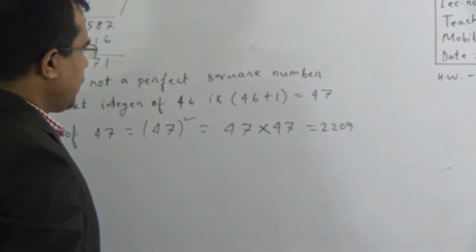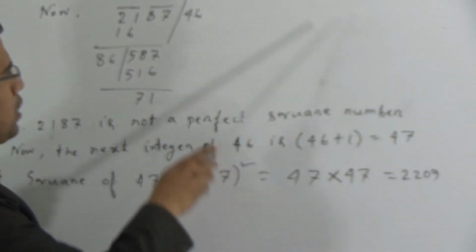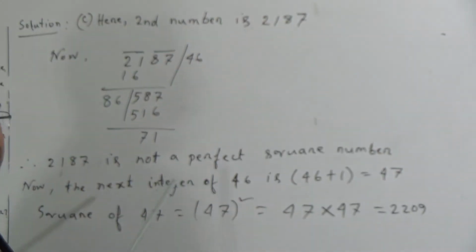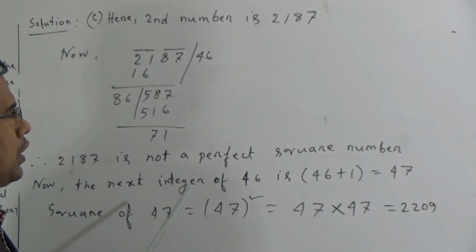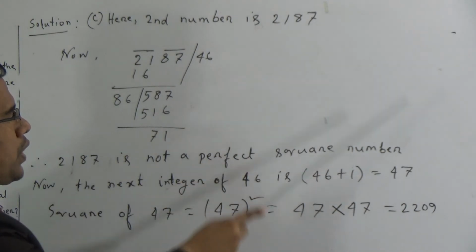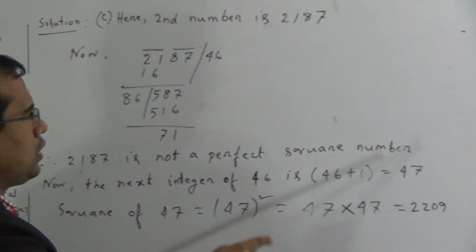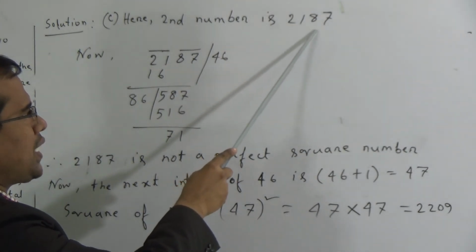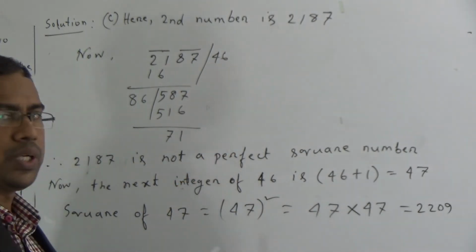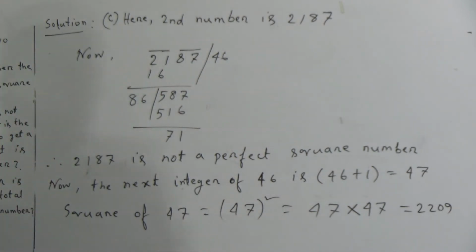Okay, here 2209 is the perfect square number, but 2187 is not a perfect square number. Now the question is, which number is to be added to the number so that this number is converted into 2209. If we subtract 2187 from 2209, then we can get the required smallest number. Therefore, required smallest number equal to